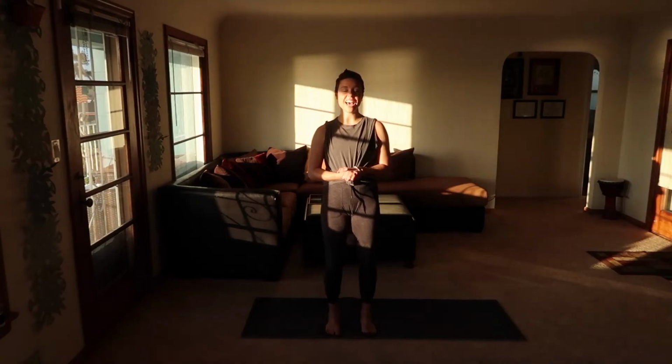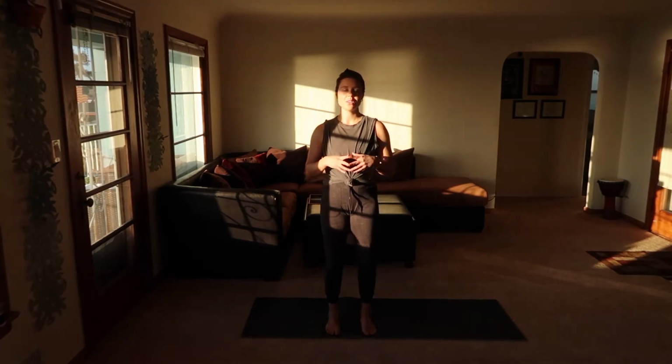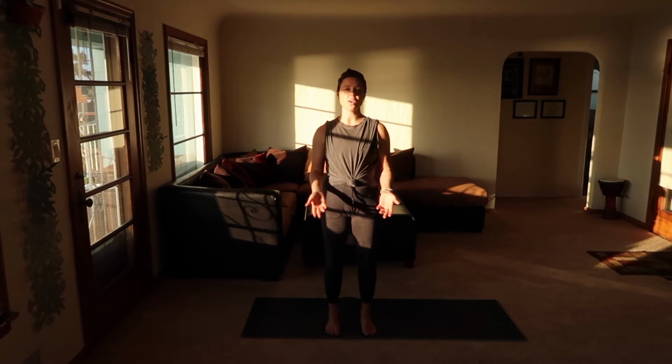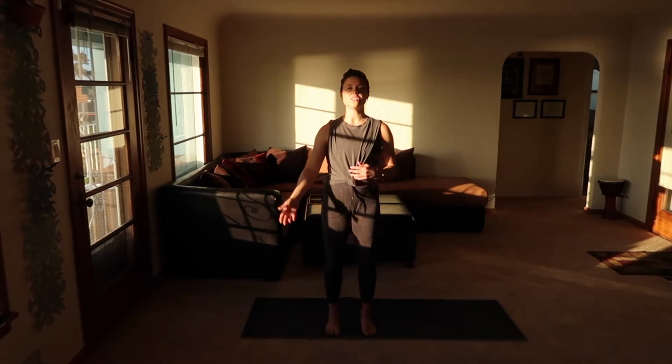Hi guys, I have an evening yoga flow for you today. This is meant to move and stretch every part of our body. Focus on release. As you go from posture to posture and bring yourself into the practice, allow yourself to work